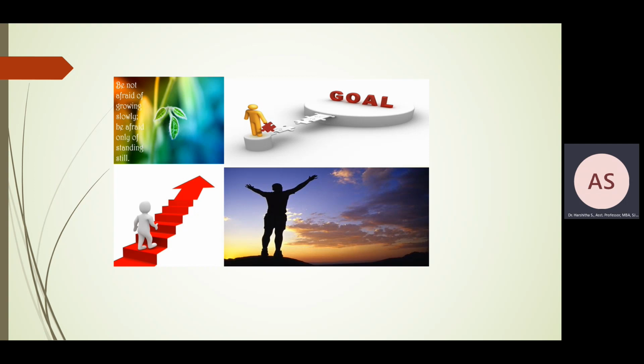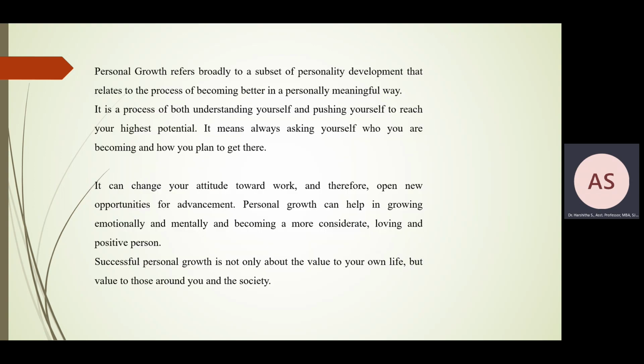As you can see in the picture, a person has some goal, and he wants to reach that goal with so and so target or so and so path which he has set for himself. In the other picture, you can see a person climbing the stairs. Again, when you set a target or a goal, you have to achieve it step by step, in the sense you go on achieving bit by bit, which again leads to the path of success, right? So what exactly is personal growth?